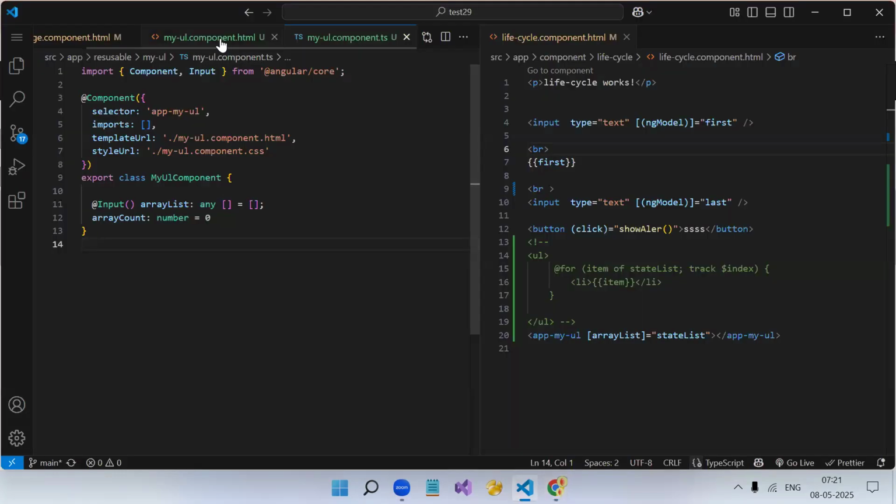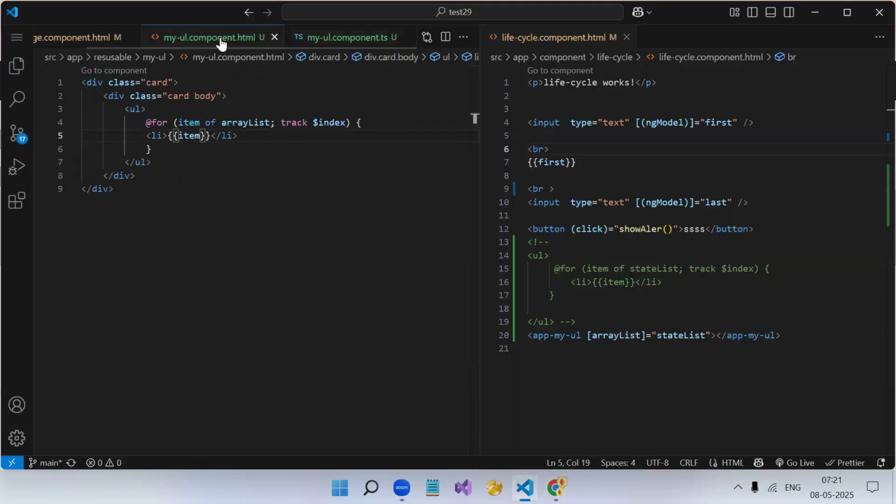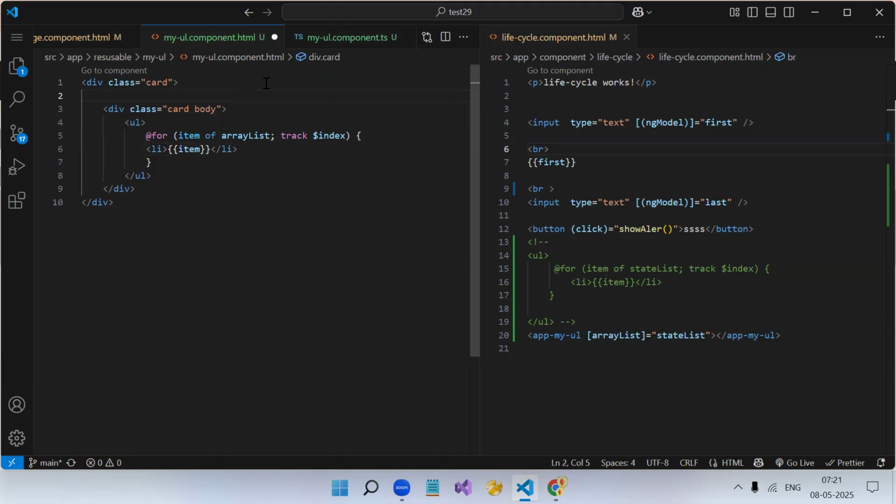Now, why do we create a reusable component first? So that we can have control over the UI. If I change it one time, it should reflect everywhere, right? Just like we added a card over here. But let's say your client says, above the card, I need one more title also. So what I can do, card